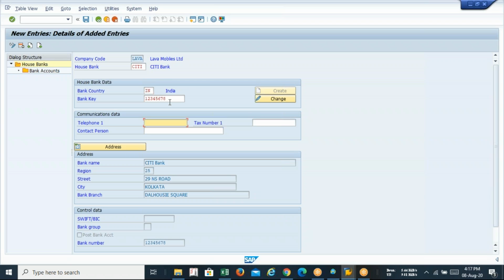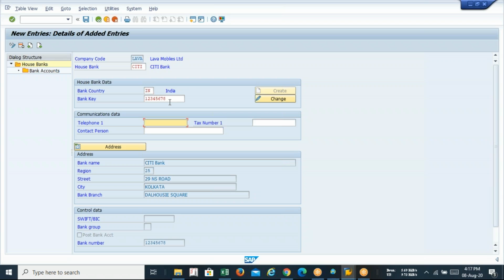But since we have done all these steps, right now we can do all of this under a single configuration called house bank. So in future, whenever we create a new house bank for our company code, we can directly create our bank key at the time of the house bank configuration.